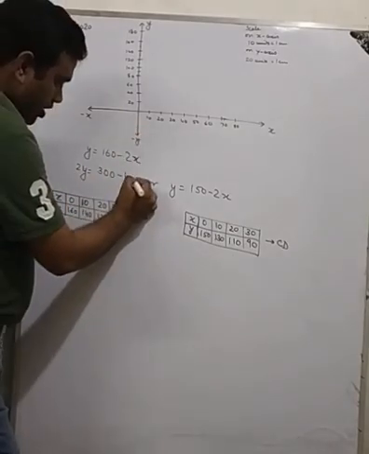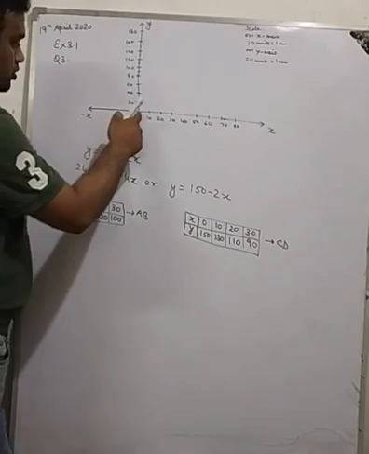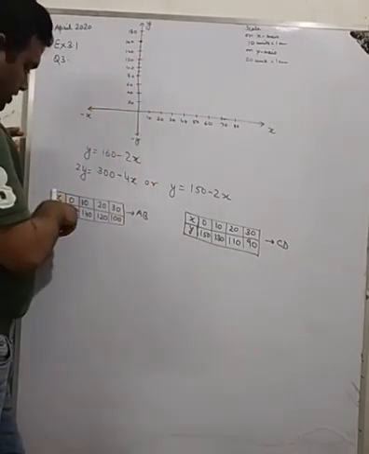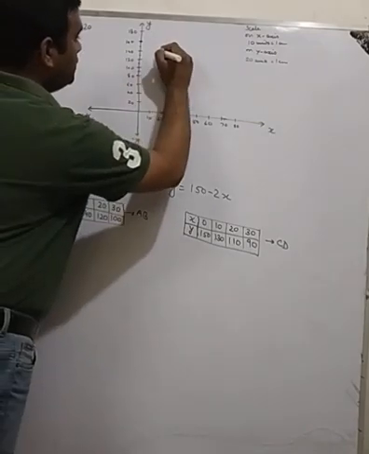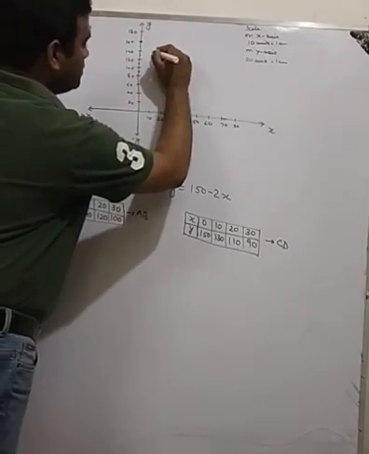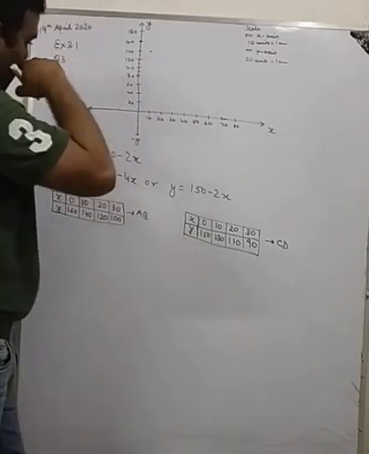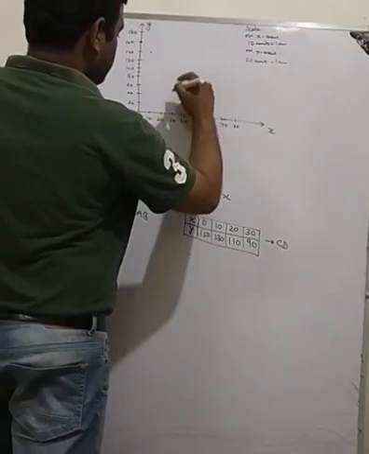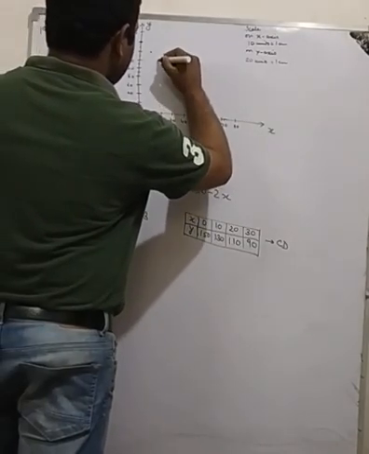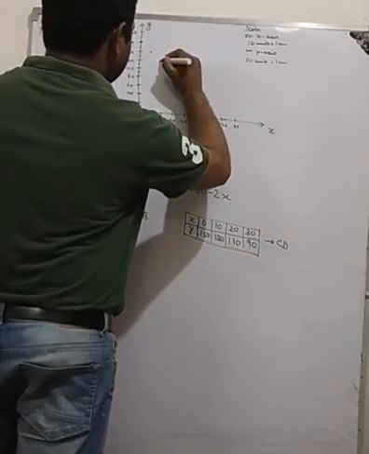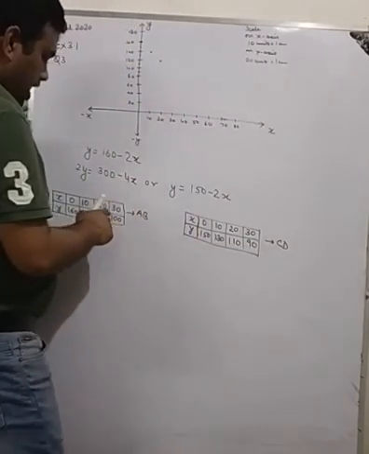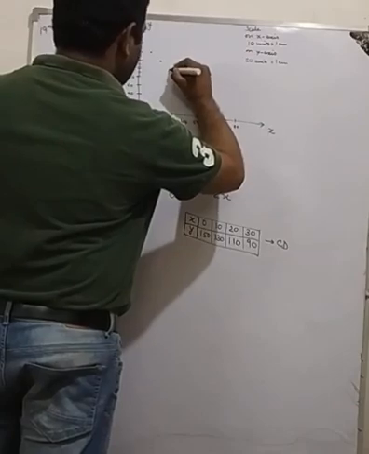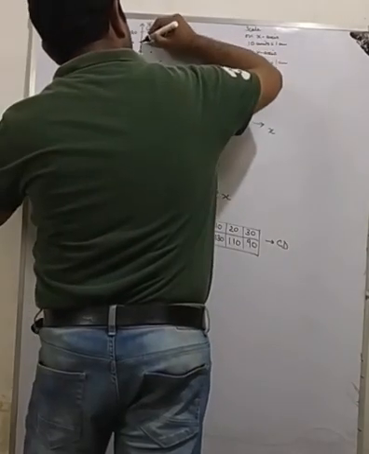So what I am going to do, at x is equal to 0, this is 160. So my first point is this. At x is equal to 10, this is 140. So the point is here. At x is equal to 20, this is 120. So at x is equal to 20, the point is here. At x is equal to 30, it is 100. The point is here. If we draw the line,